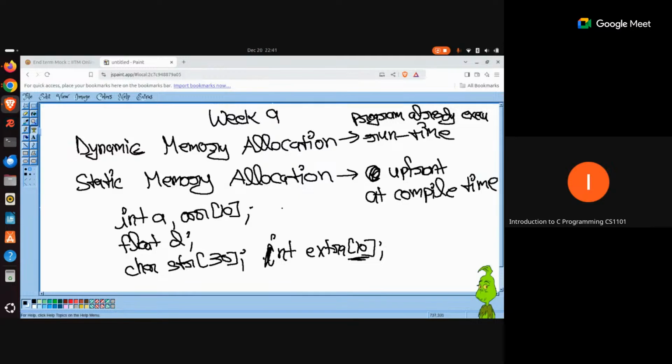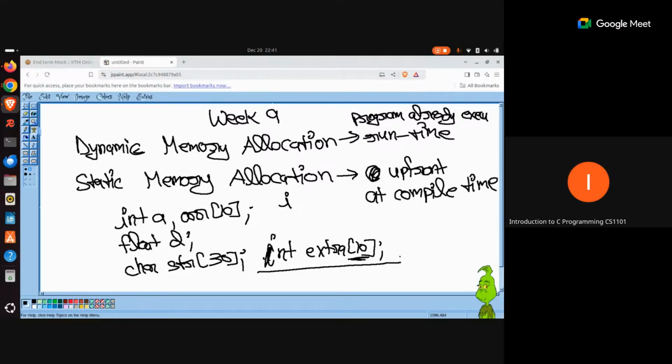Now you cannot go into your program and write this. You cannot touch your program which is under execution and immediately write int extra, saying I need this memory as well. Of course, you cannot do that. So what will happen is you will have to request that memory when the program is under execution, or at runtime.